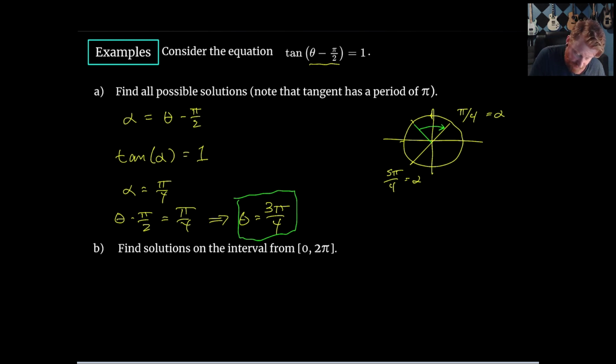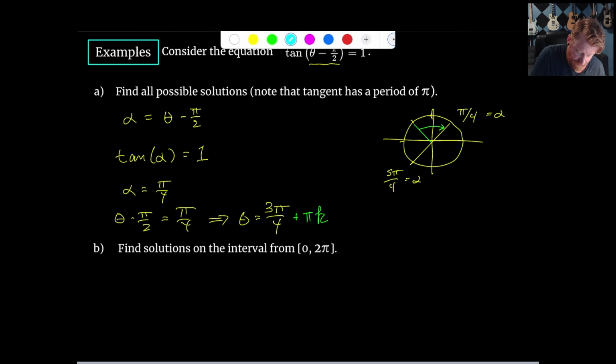And we need to add values of pi to this. So we're going to add pi k to this. We are trying to find all possible solutions here. And then the other solution we're going to get comes from the 5 pi over 4. So maybe I'll do this in a different color. I know that alpha is equal to 5 pi over 4, but what we're trying to solve for is theta, and we have theta minus pi over 2 equals 5 pi over 4. So solving here, we would get theta is equal to 7 pi over 4,